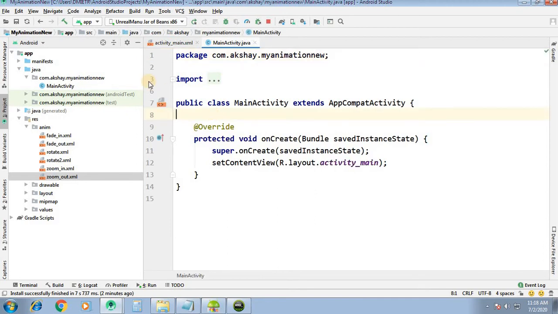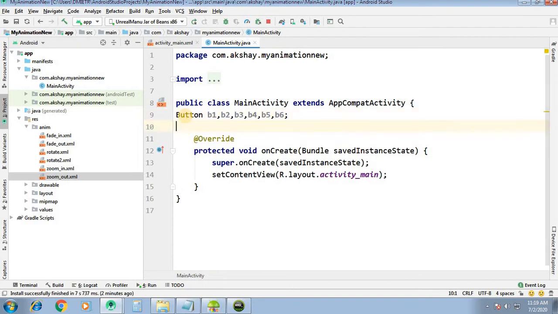Here we have to create the button objects. Button, we have 6 buttons: b1, b2, b3, b4, b5, b6. So these 6 buttons correspond to fade in, fade out, rotate 1, rotate 2, zoom in and zoom out, and we have to create the animation objects.